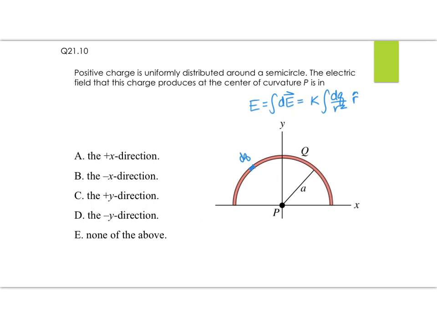If this is a positive charge, it's creating an electric field pointing away from it. So its contribution to the electric field is in this direction. If we go all around the semicircle, we get similar contributions, but we should see that there's a certain degree of symmetry, so that as we add all the small contributions,